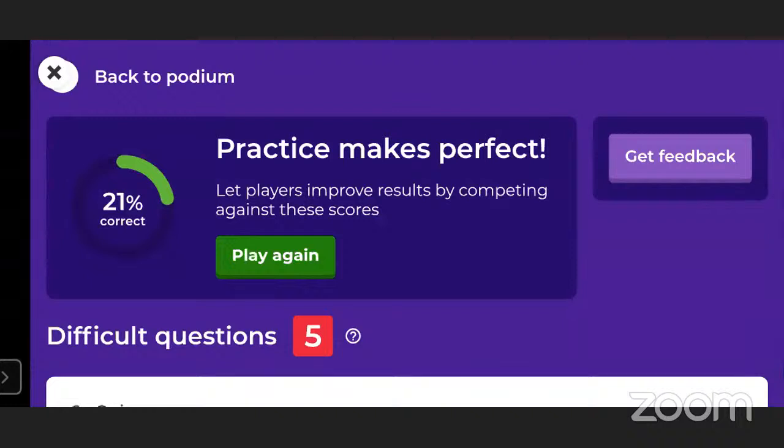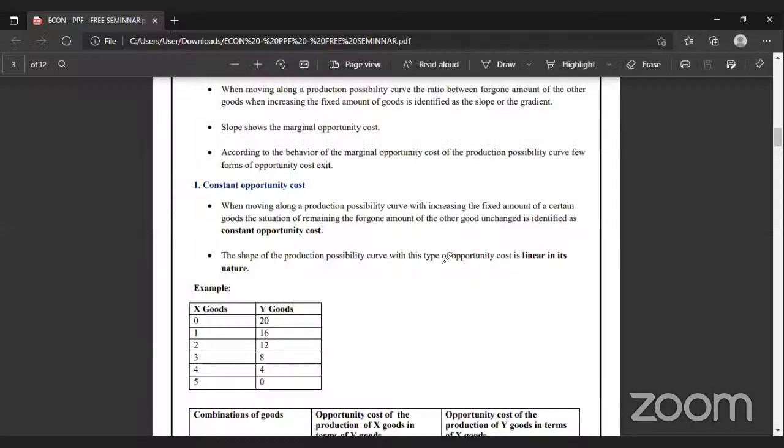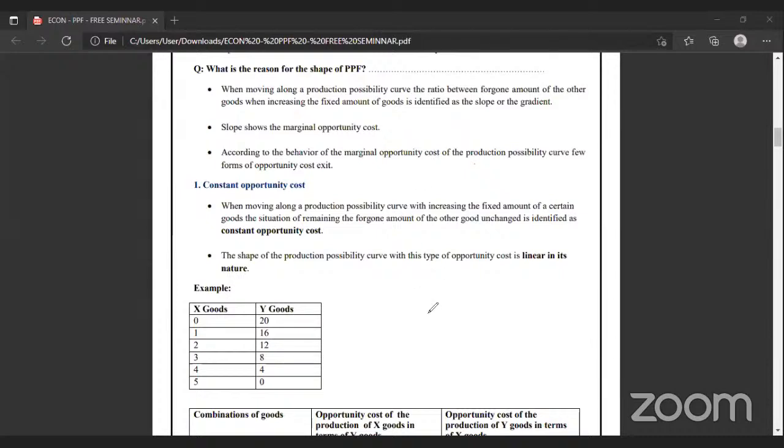I'll be sharing my screen now. Okay, the 2 questions I'll explain here. There are 2 questions I didn't explain in detail. This is that question. Okay, right. Look, carefully watch this one.